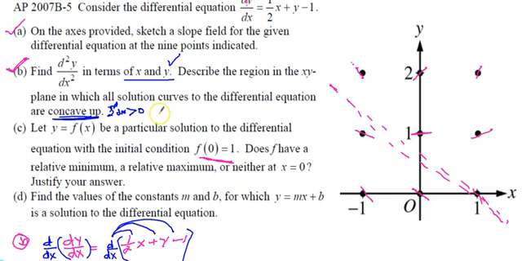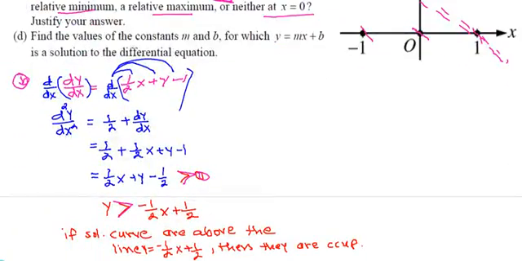So they say there is a solution. Pretend that there is a solution. Does f have a relative maximum or minimum or neither at (0, 1)? Now we cannot use the slope field that this is concave up. We have to use calculus to find if it has a relative max or relative min. So to answer C,